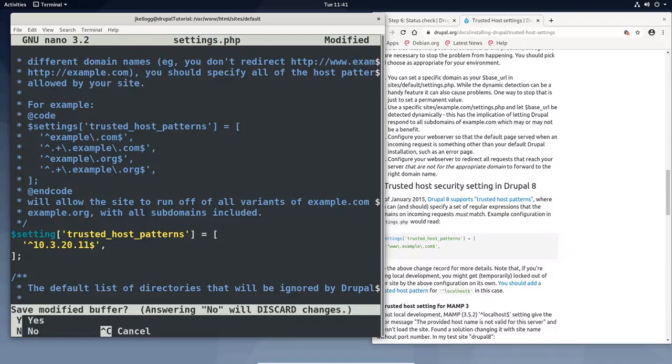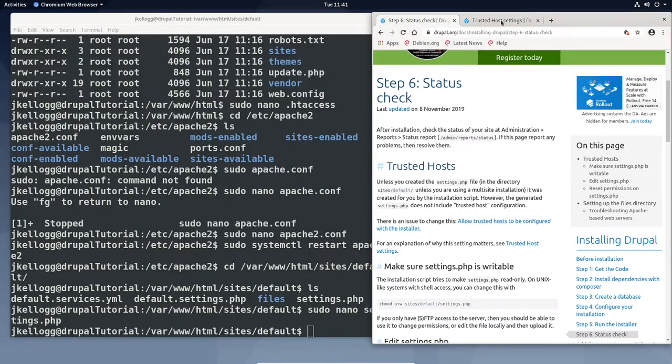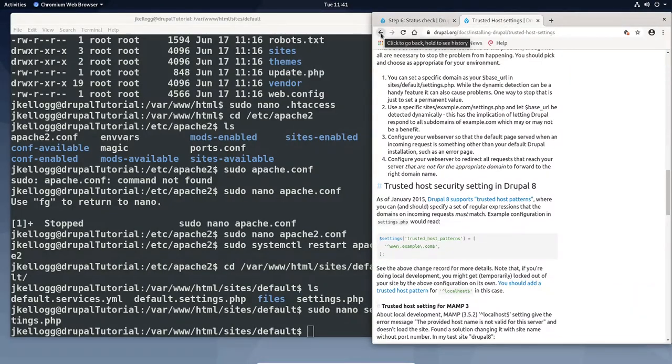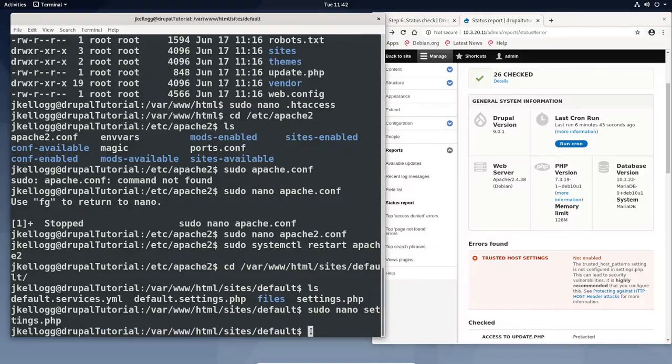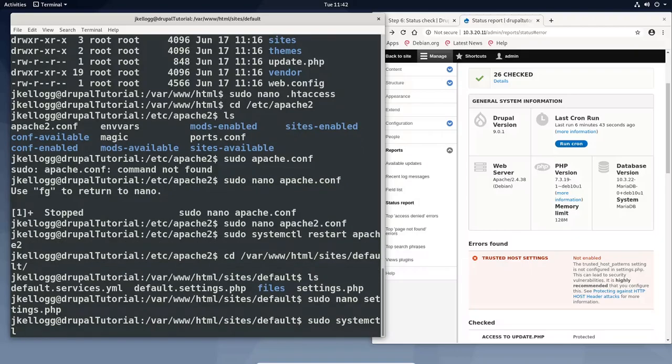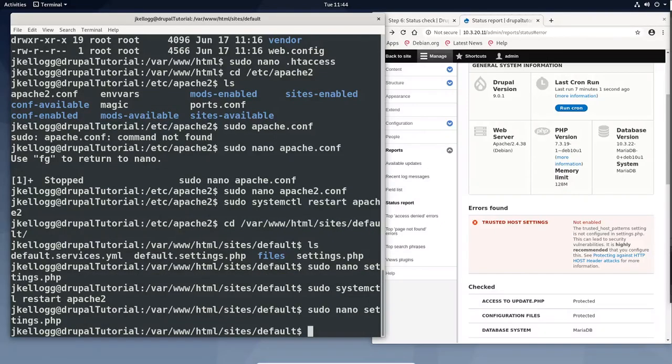So Control X, then Y to save, and then enter. I don't know if we have to restart Apache for that. Let's find out. If we go back to our installer, trusted host settings. I bet we have to restart Apache too. So sudo systemctl restart apache2 should do it. Okay, that didn't work, and I must have had a typo or something in the